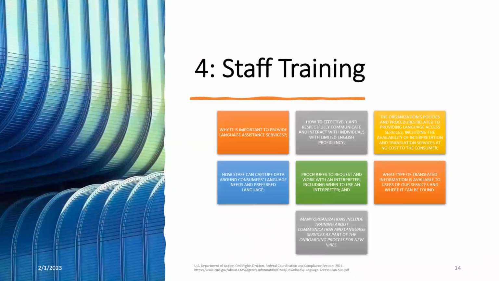The fourth part of the language access plan is training. Why is it important to provide language assistance services? These are part of what we should train our staff on. Here we would mention the laws, how the laws of non-discrimination fall right into interpreting and translation, how to effectively and respectfully communicate and interact with individuals that do not speak English or are limited in English, the organization policies and procedures related to providing language access services, including the availability of interpretation and translation services at no cost,